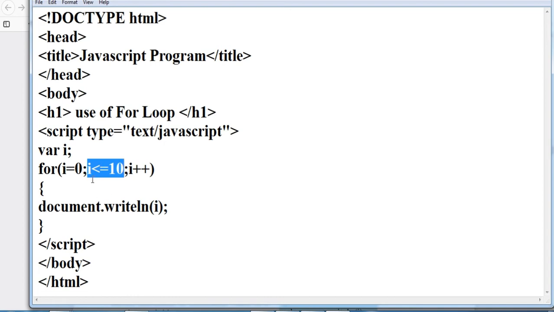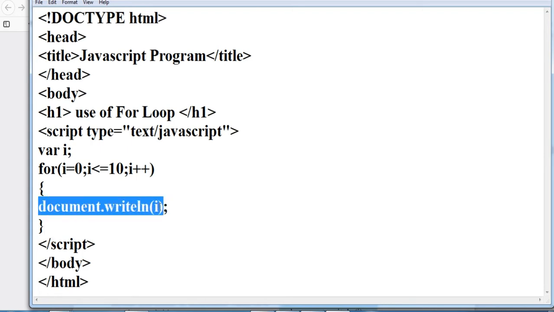So i is going to run up to when i is less than or equal to 10, then the increment. This is your iteration condition. Iteration means we have to do i plus plus until i becomes 10. As soon as i becomes 11, the condition becomes false and the for loop will come out of the block.